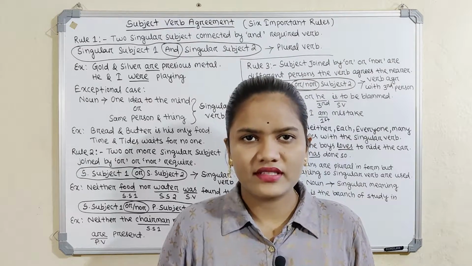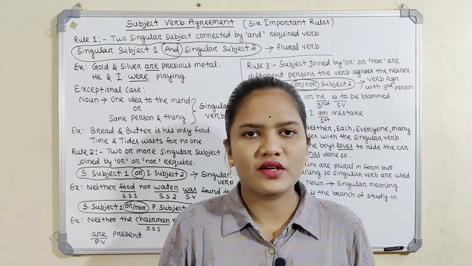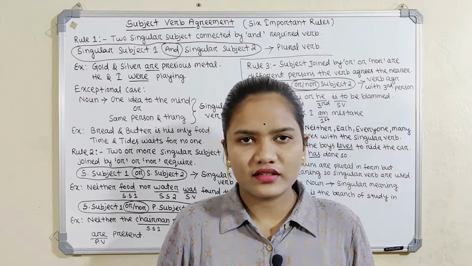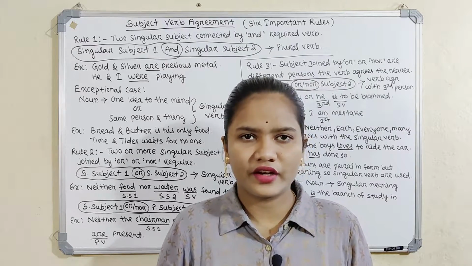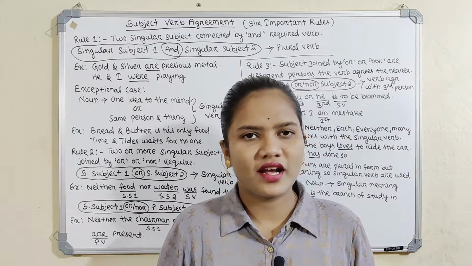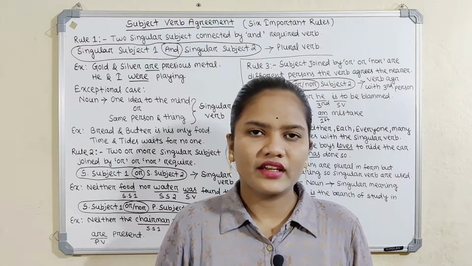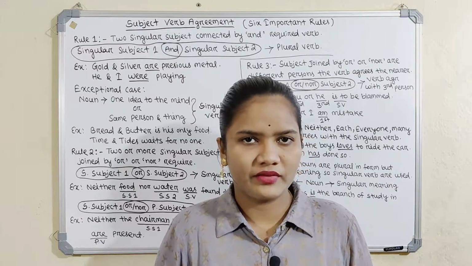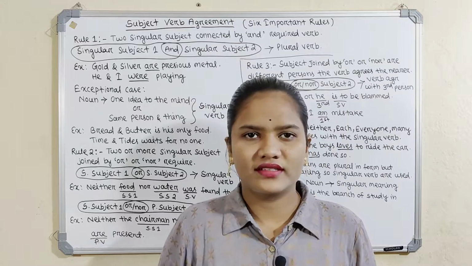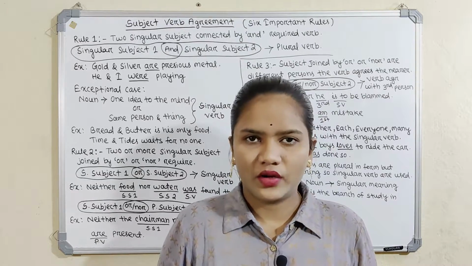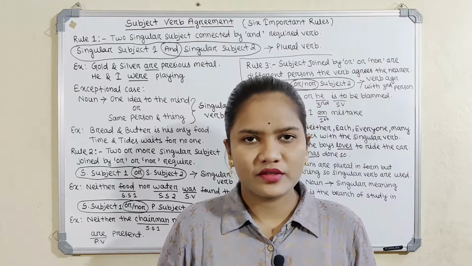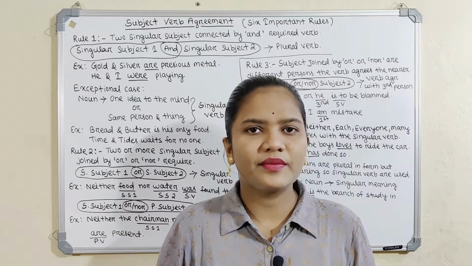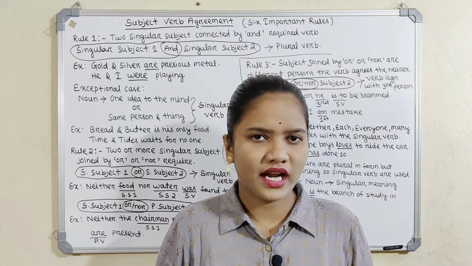First of all, I discussed what subject-verb agreement is. For making a sentence grammatically error free, the subject must agree with the verb in number; that is called subject-verb agreement. I also discussed that on the basis of count, the subject is of 2 types, plural and singular. On the basis of point of view, the subject is of 3 types: first person, second person and third person.